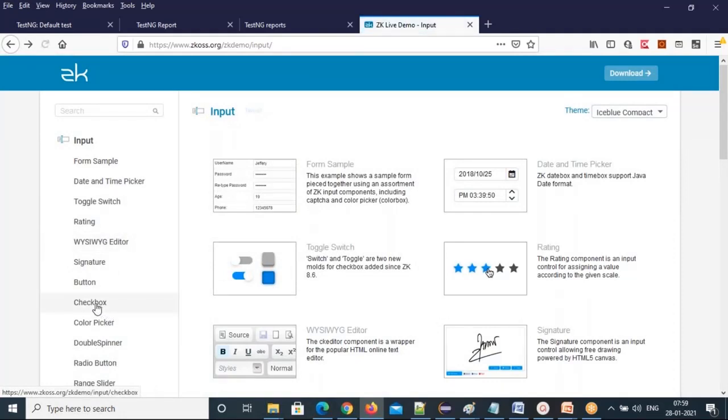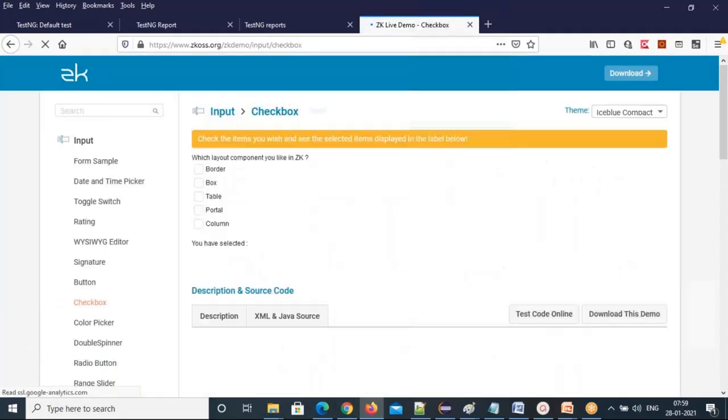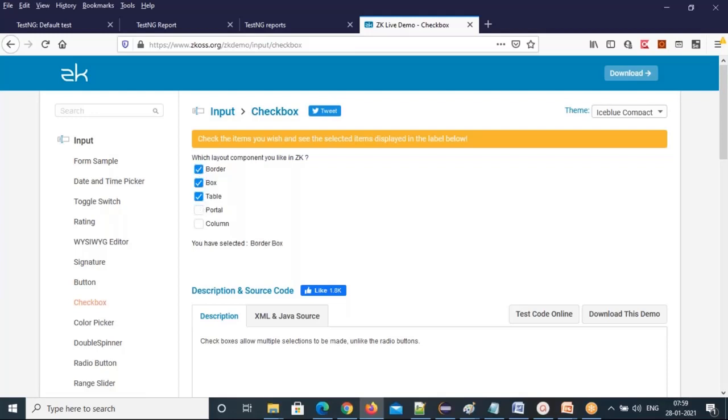Then the checkbox test. I have to click on the checkbox link. It will go to the checkbox page. Then I have to select all these checkboxes. How can you select all the checkboxes? This is another test case. After selecting all these checkboxes, you see that you have selected text.